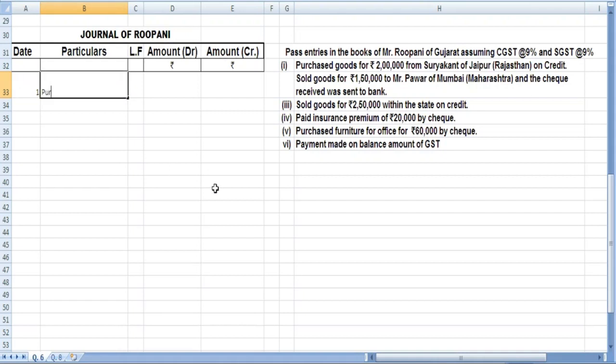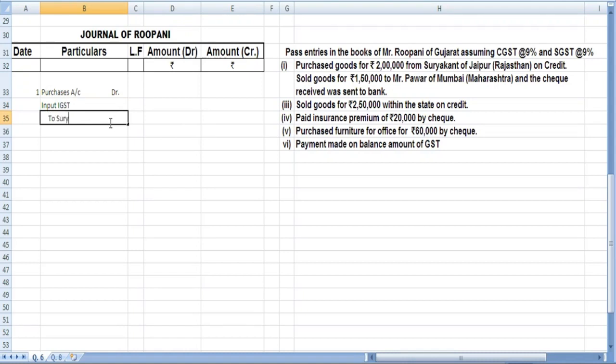So we'll write here purchases account debit, because purchase is expense, nominal account we have to debit. Then since we are purchasing, so it will be input IGST, and this input IGST will be full 18%, 9% CGST and 9% SGST, because this is interstate,